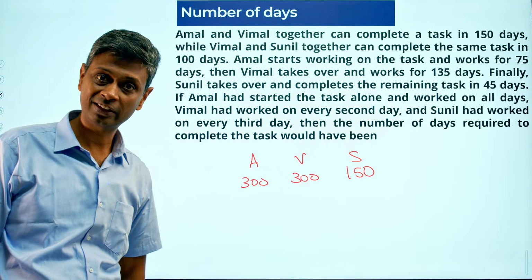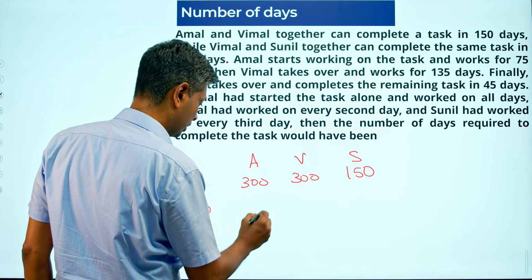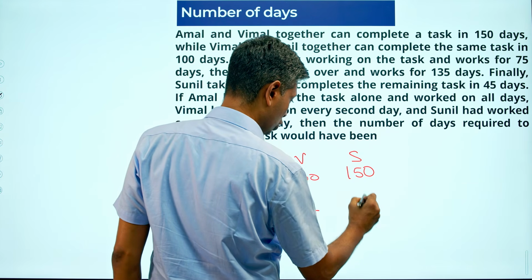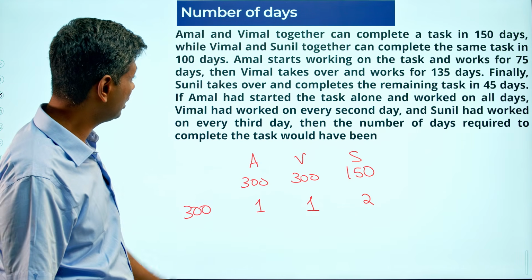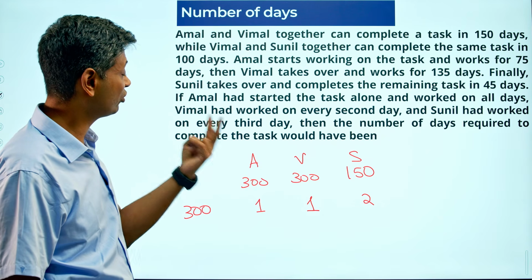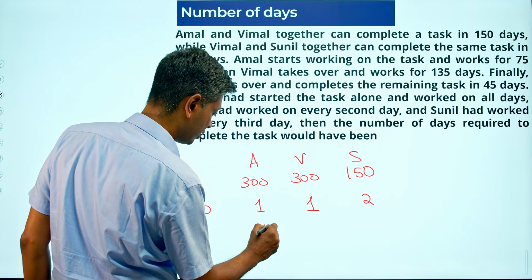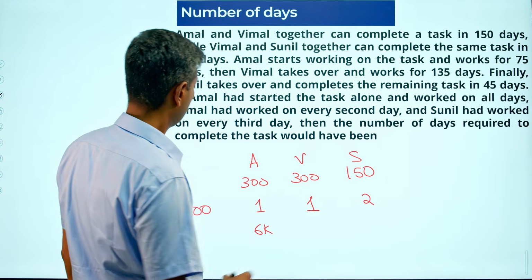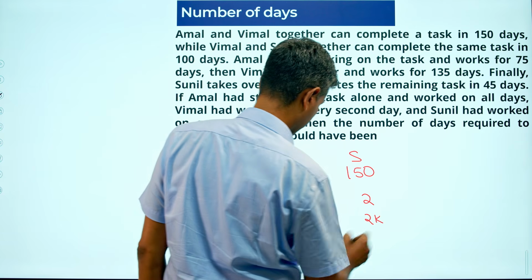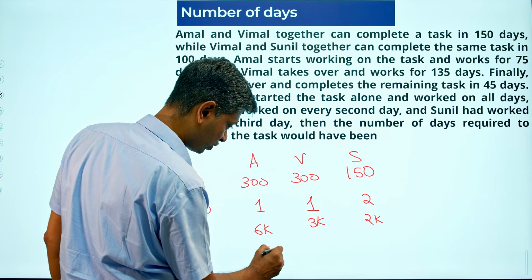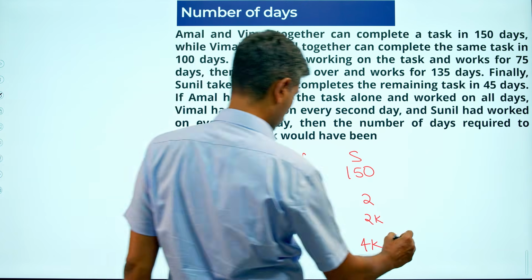To finish this task, fine. So let's say this task has 300 units. Amal does 1 unit per day, Vimal does 1 unit per day, Sunil does 2 units per day. Amal worked on all days, Vimal worked on every second day, Sunil worked on every third day. So let's say Amal works on 6k days, Vimal works on 3k days, Sunil works on 2k days. Total task is 300k, 6k plus 3k plus 4k is